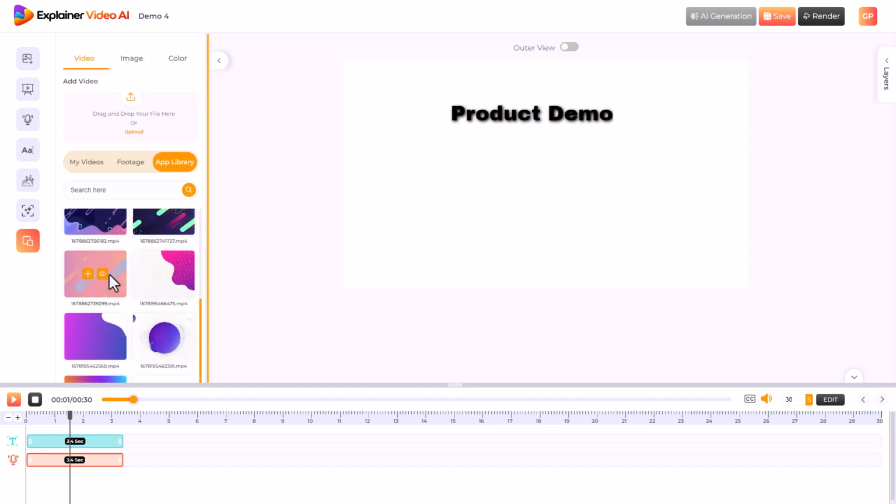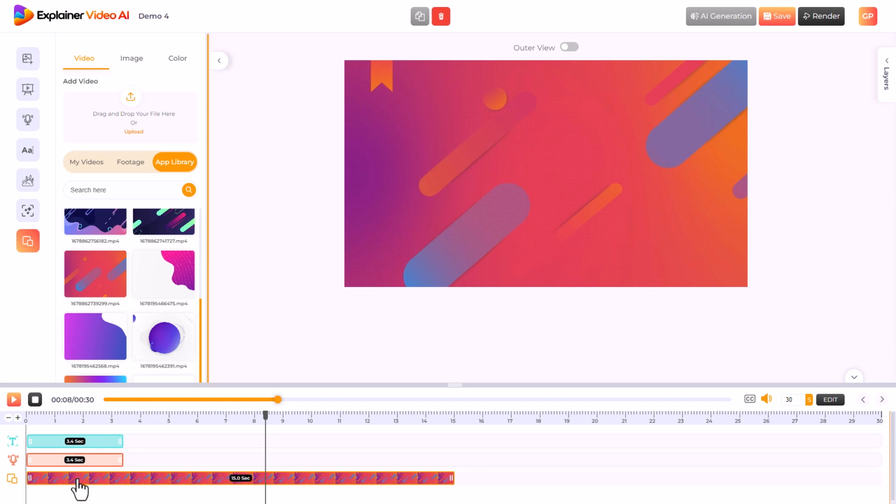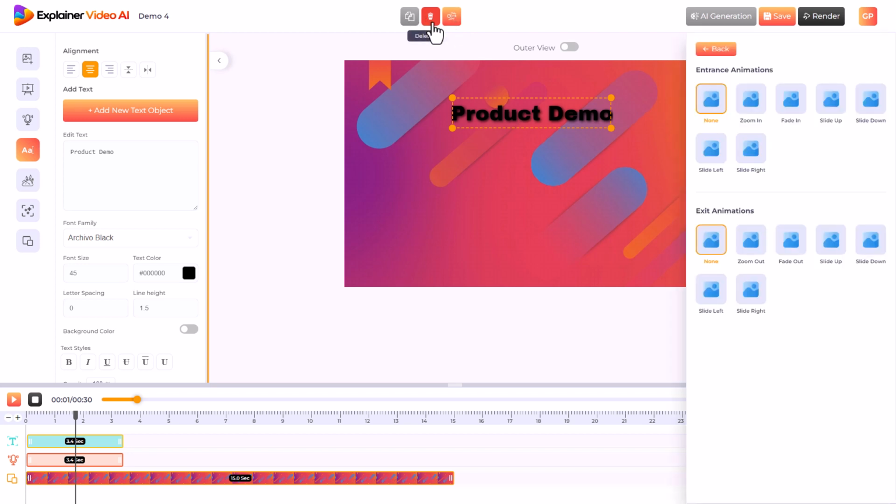So let's pick this one, let's add this one. And again it seems to add where the cursor is, but you don't seem to have any control over where the cursor goes, and moving that about does seem a bit clunky. So I've added background. I'm going to go back to this text because I want to animate it. To animate it, we go up here next to this delete button and let's have slide and right.